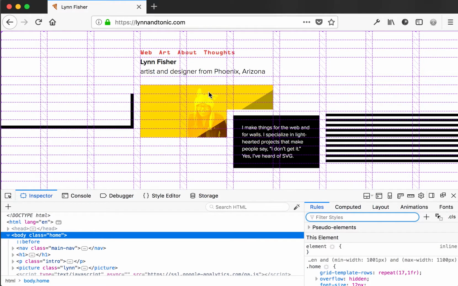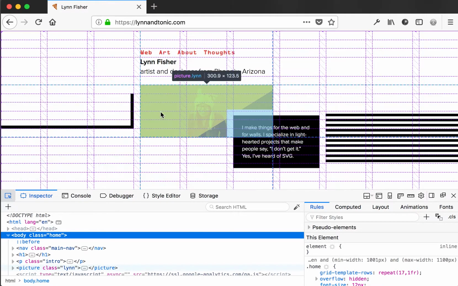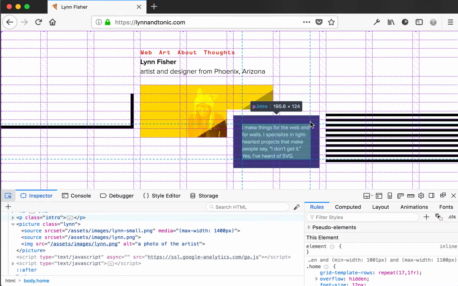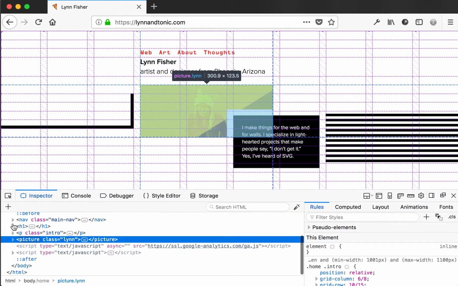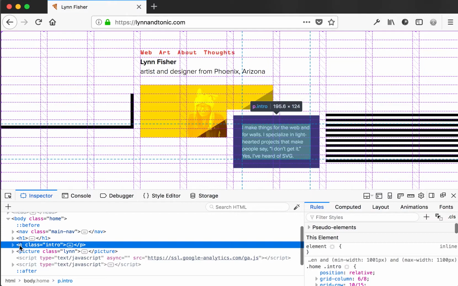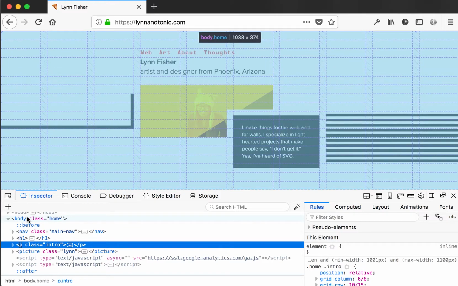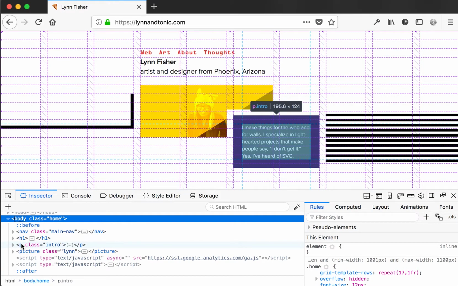So we know that the page was transformed, it defines a grid, it is 100% of the view height, and then let's look at the various elements on that page. I'll use that picker tool and move my mouse over, I don't know, let's look at this one for example. So this one is a paragraph of class intro. We can see that it's a direct child of the body, and in grid,